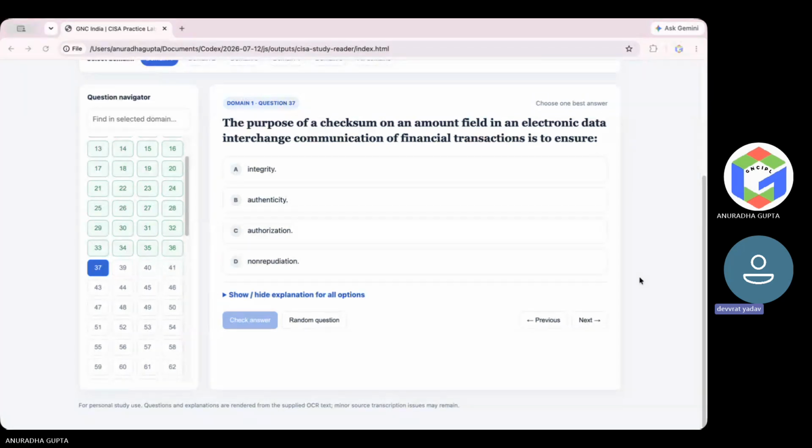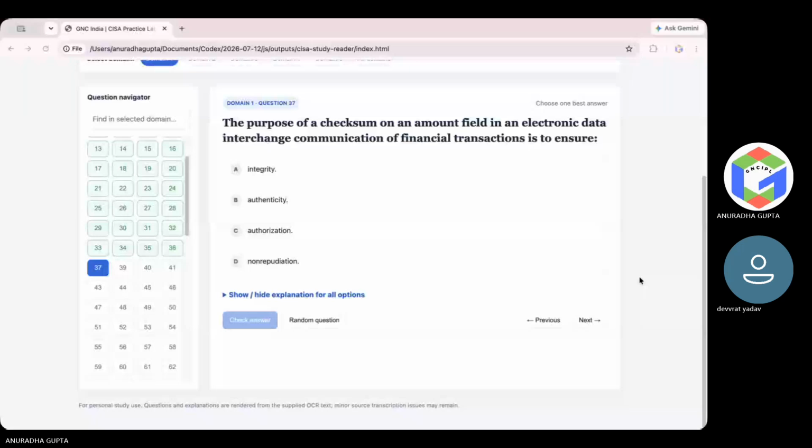So checksum of an amount field in electronic data interchange. Let's go with D then, non-repudiation. Last one. Okay. So the question is the purpose of the checksum on an amount field in an electronic data interchange communication of financial transaction is